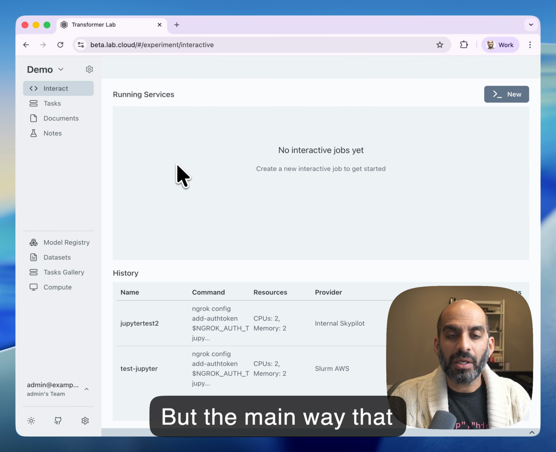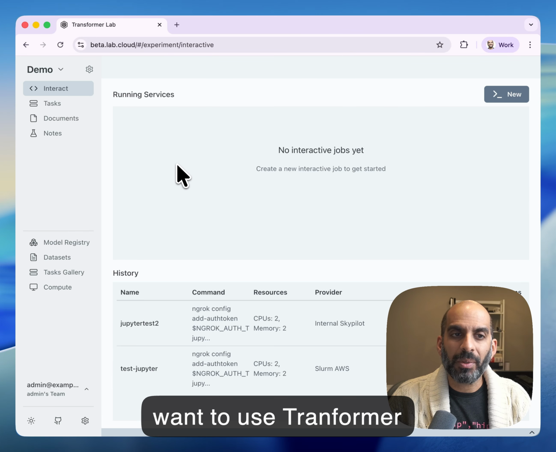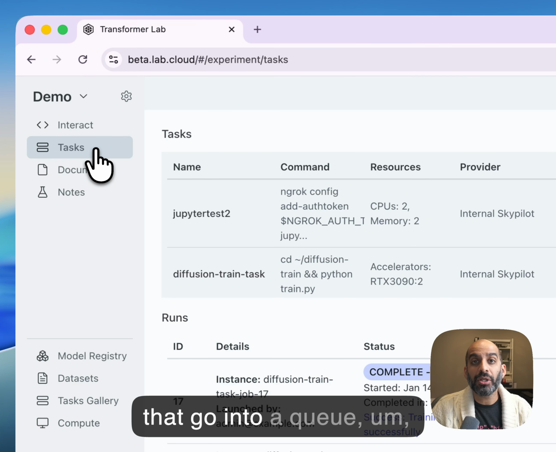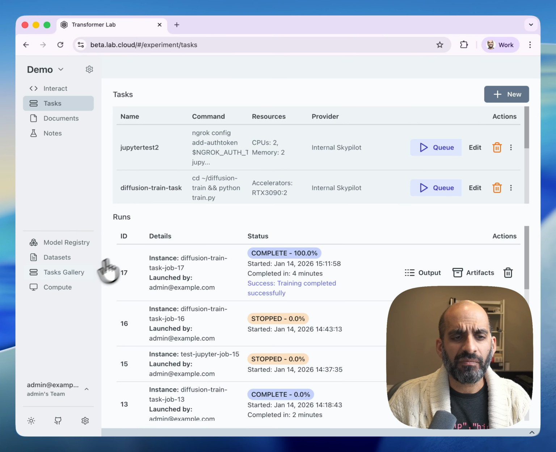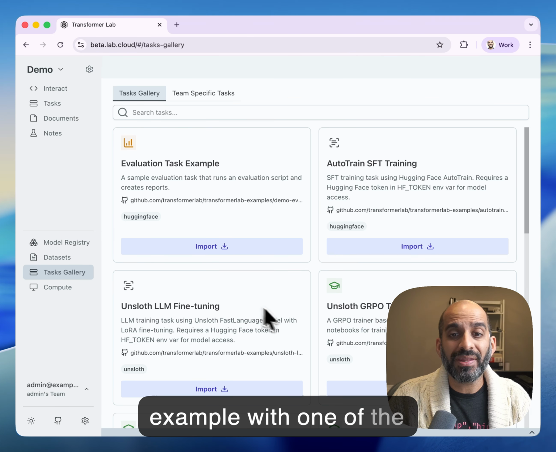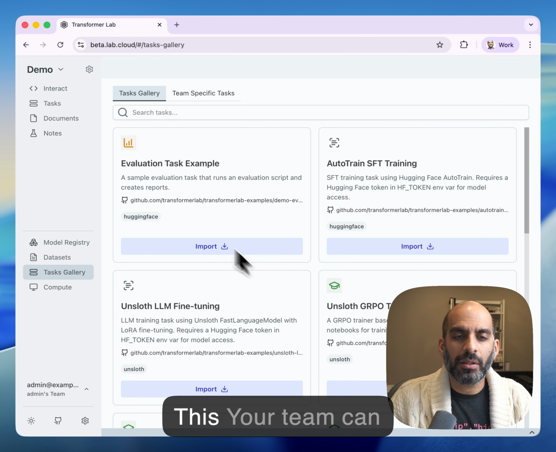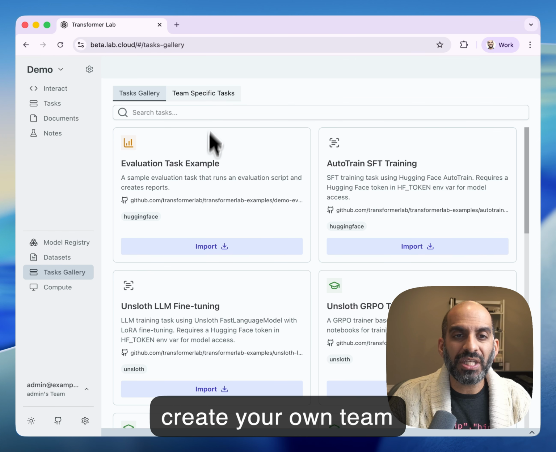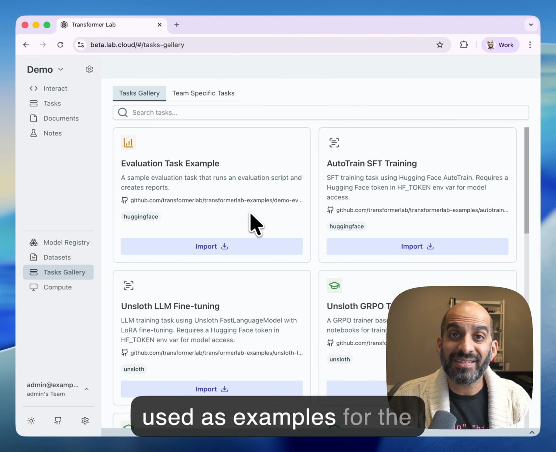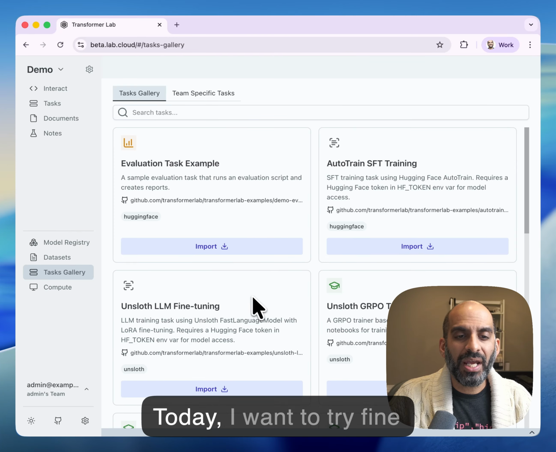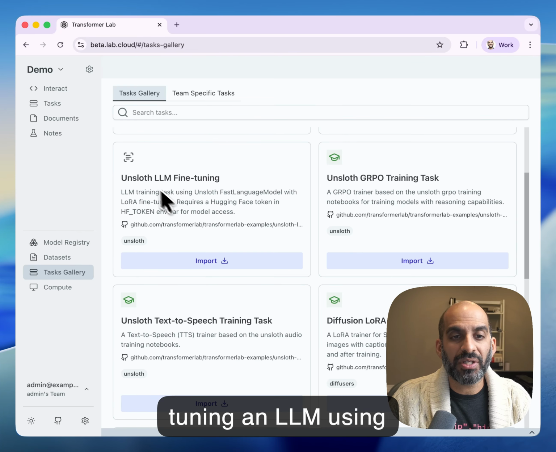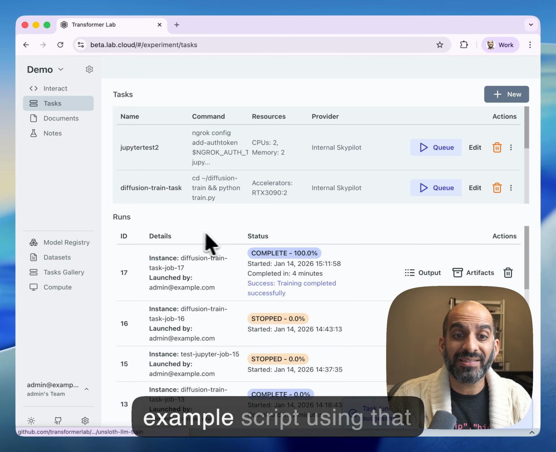But the main way that your researchers will want to use Transformer Lab is to submit tasks that go into a queue that use the available GPU that you have access to. We can start in this example with one of the tasks we have in the example gallery. Your team can create your own team-specific tasks that are used as examples for the organization and starting points for a new experiment. Today, I want to try fine-tuning an LLM using Unsloth, so I'll import an example script using